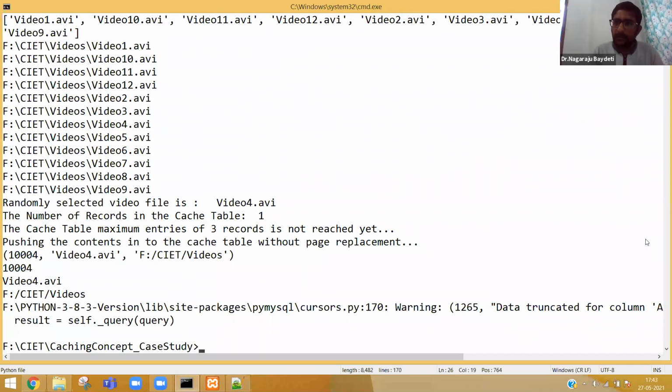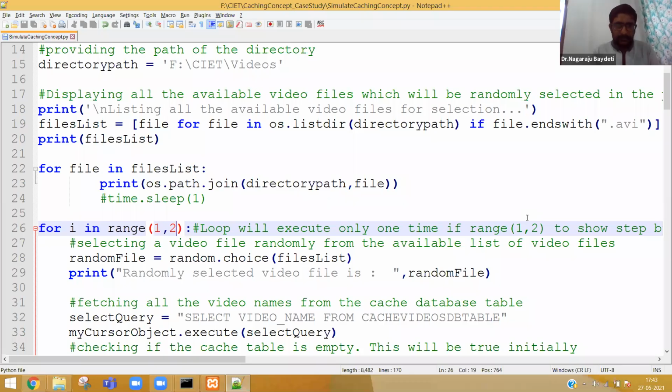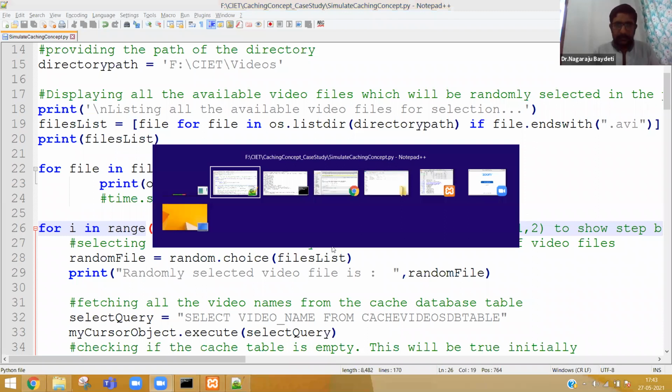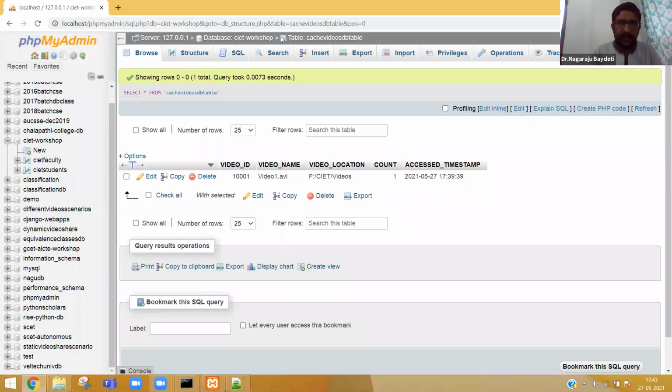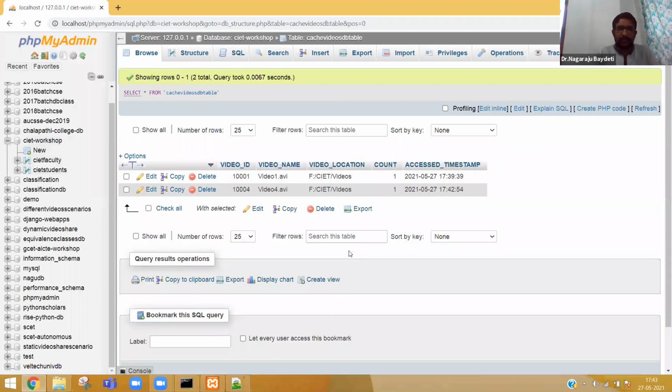So now the cache will have video 4 also. Now if you click the same cache table, you have 2 records, and you can clearly see, because the cache table is less than size 3, so it has gone.